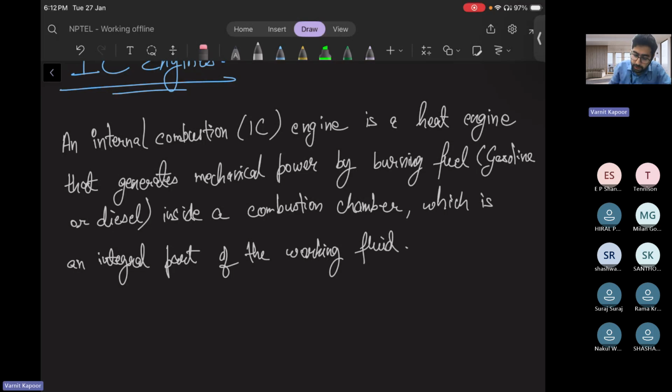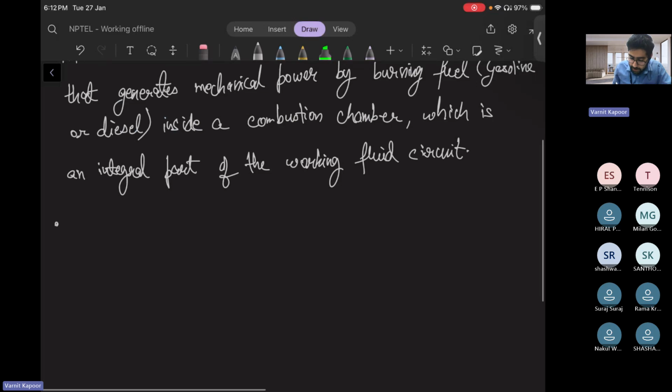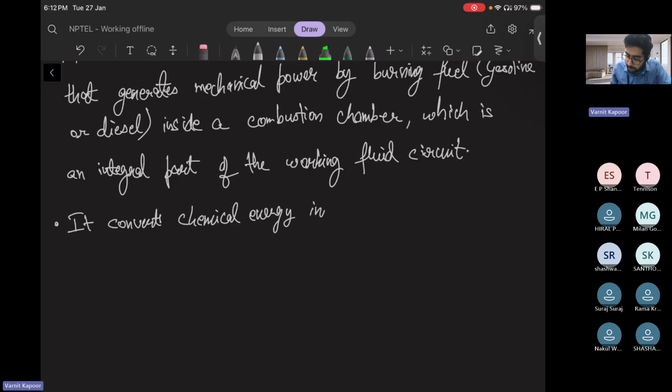Okay. Working fluid circuit. Okay. Next point is that it converts chemical energy into thermal energy by burning the fuel. So the calorific value of the fuel is burned, converting into thermal energy, and then